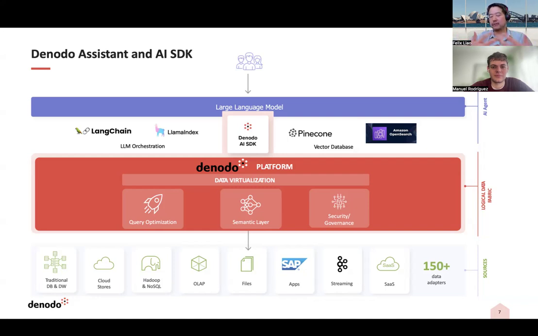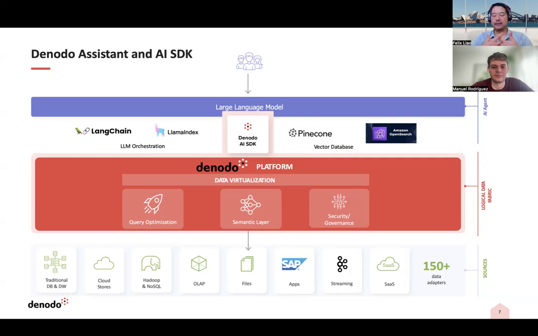Hey, how can I use it in order to build a chatbot, which they can, and we are simplifying a lot of that component. But what we also saw, and many of you started to get involved in that, is there are some additional pieces customers need. One is LangChain or LlamaIndex, the orchestration piece, which I'll get you to talk about, and then a vector database becomes needed. And so what we realized is there are some repeating patterns in terms of how customers are building these components together.